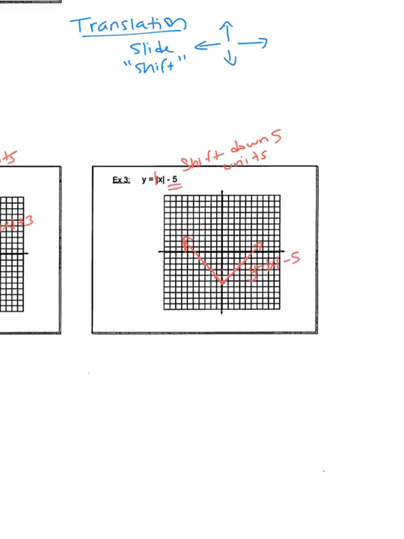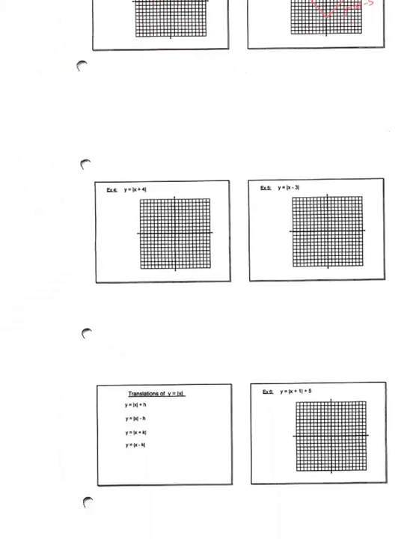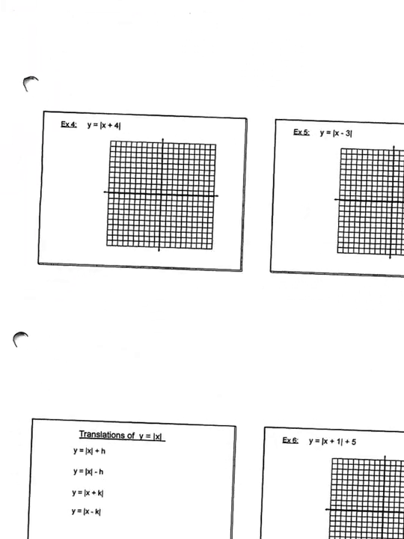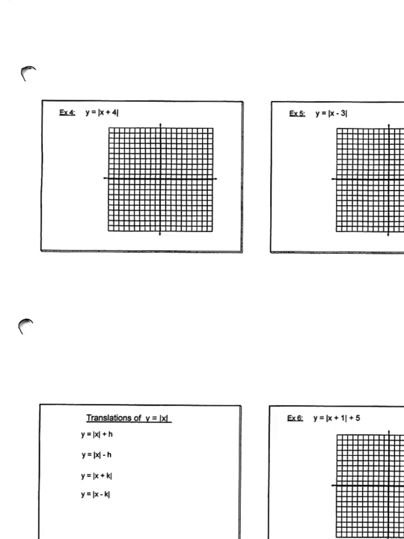All right, so moving on to the next type of example. Sometimes you'll see a number being added or subtracted inside of the absolute value. If the number is being added or subtracted inside the absolute value, this is shifting or translating it to the left and right. But it's opposite world in the absolute value bars. So if it says plus 4, you would normally expect it to go right 4 units, but it's not going right. It's actually going left